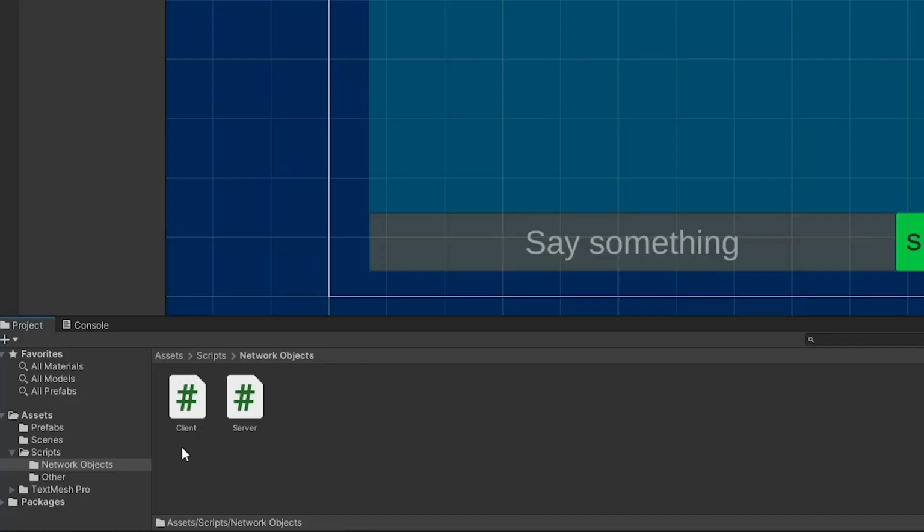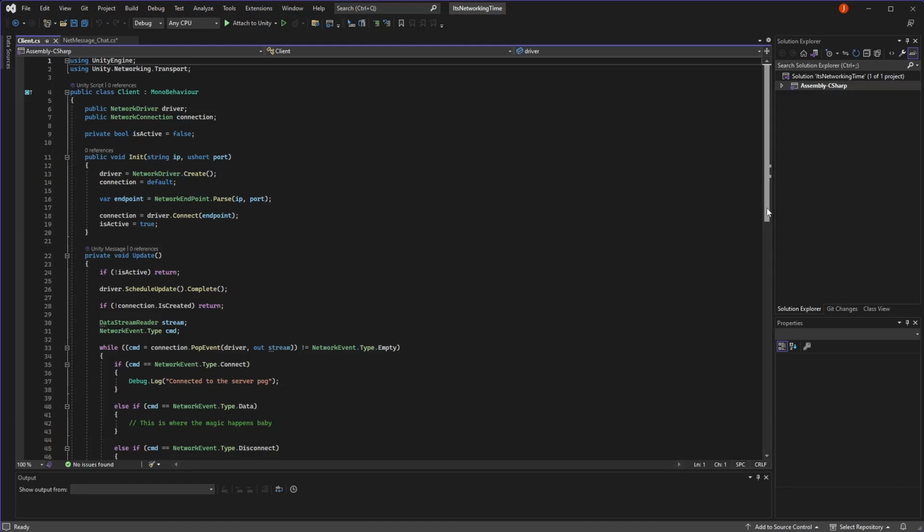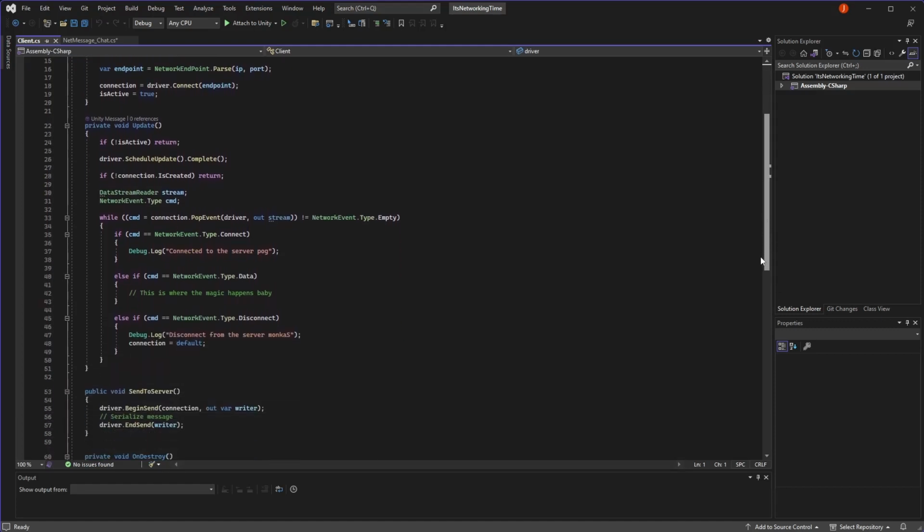So in our game, if we want to send our text chat from one player to another, we'll need a client for each player and one server to relay their messages. Again, networking libraries will handle all the client and server code for you, but for this video I've got a very rudimentary class that uses Unity's transport layer. This is the client script, but don't get spooked, you don't have to worry about what's happening in this class.